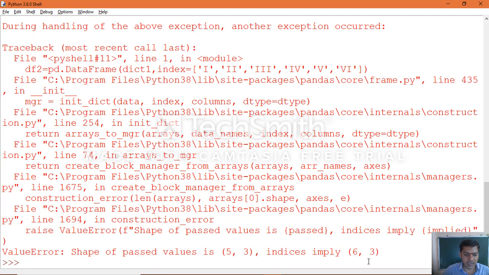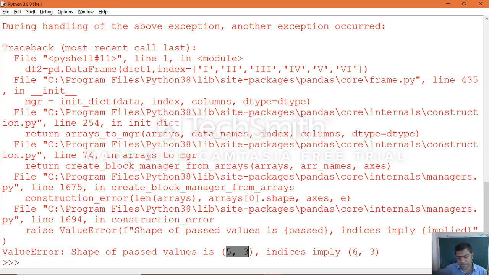You can see clearly a ValueError: shape of passed values. The actual values are 5 comma 3, 5 rows and 3 columns, but the indices imply 6 rows and 3 columns. So the actual shape of the object is 5 comma 3, but we are trying 6 comma 3, that's why we got the error here. It should match the indexes with the sequence of data values in the dictionary which we specified.